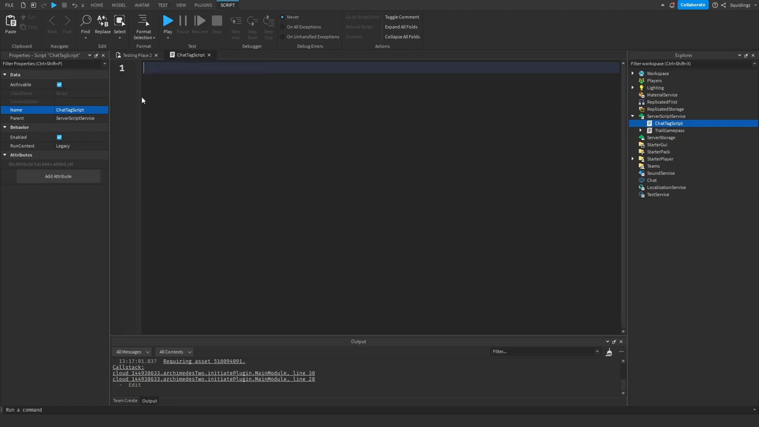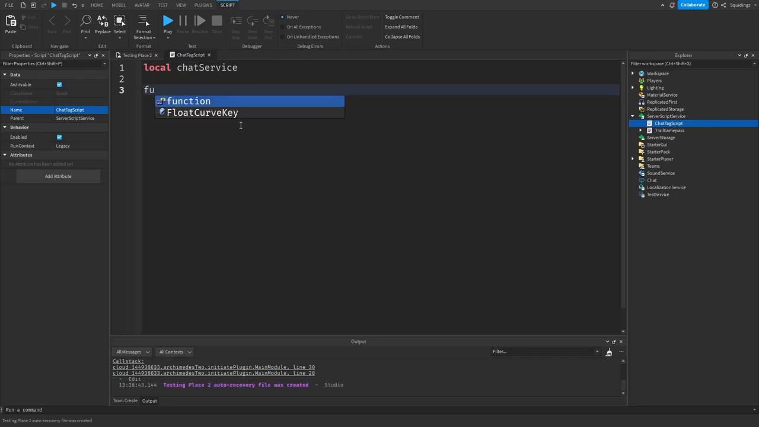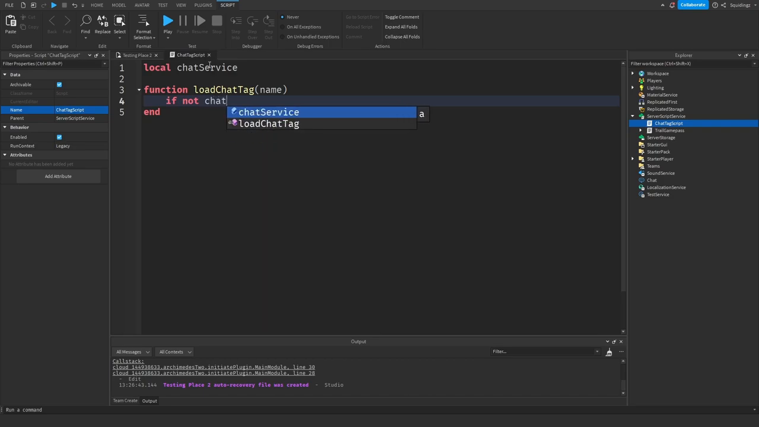First thing I want to do is make a chat service variable, so local chatService. We're not going to set it to anything yet, we're just going to leave it like that. And now we're going to make a function to load a player's chat tag, so just call that function loadChatTag, and then a pair of brackets, and then the player's name, so take the name variable. And then now we want to get chat service if we don't already have it, so if not chatService,